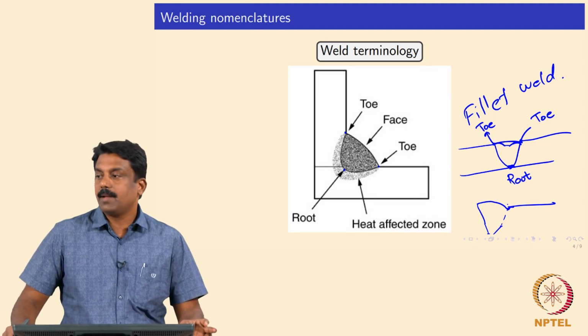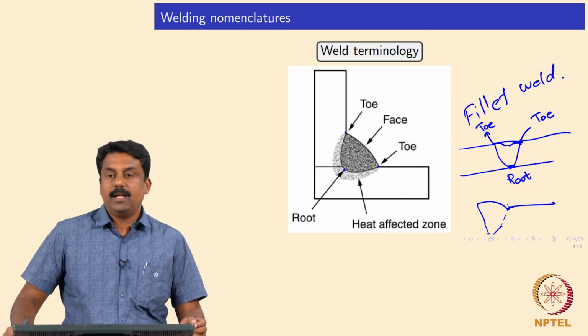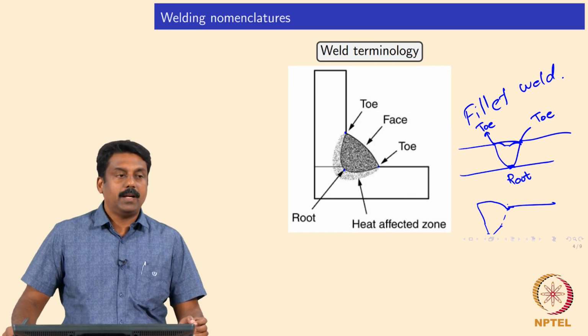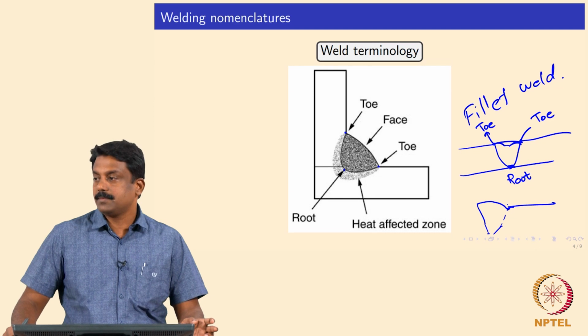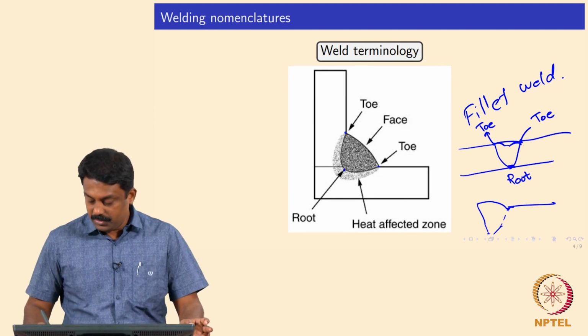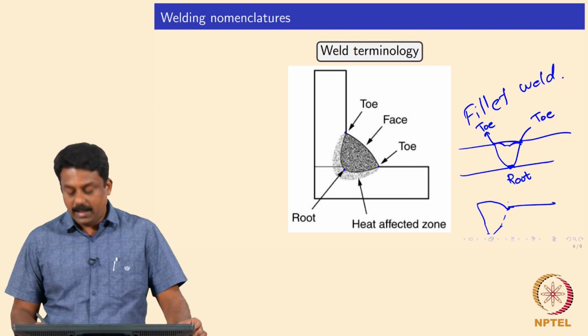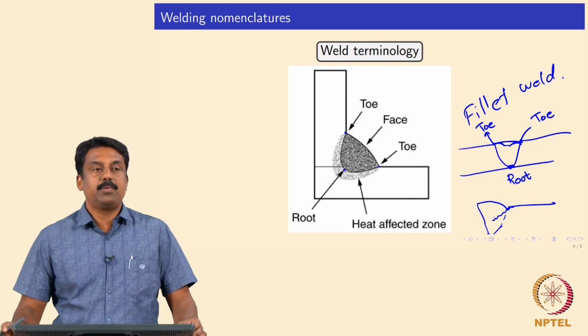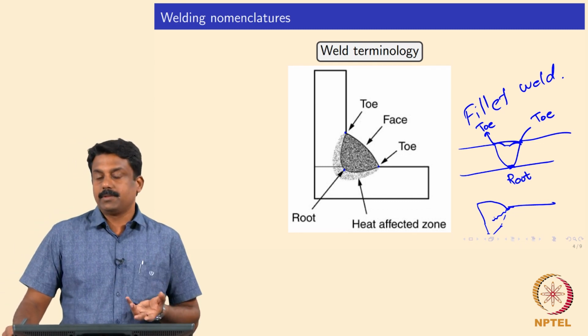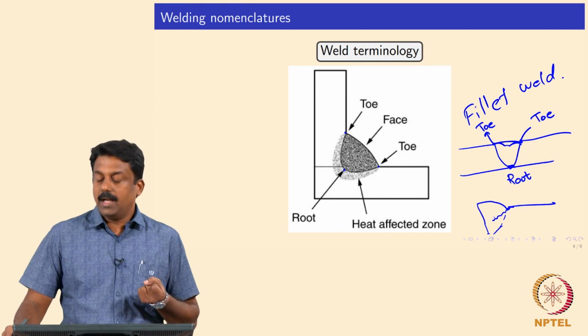Okay. So, if you look at component failure in the weld by fatigue loading, and if the weld is not treated properly, if the weld is not done properly, you can always see a crack propagating from the toe region towards the weld center line. So, the moment you identify a crack nucleated at the weld toe and subsequently progressing, you can conclude that fatigue loading could be an issue, because the notch acts as a crack nucleation site, and the presence of tensile stresses at the toe initiates the crack, and subsequently the crack can propagate.